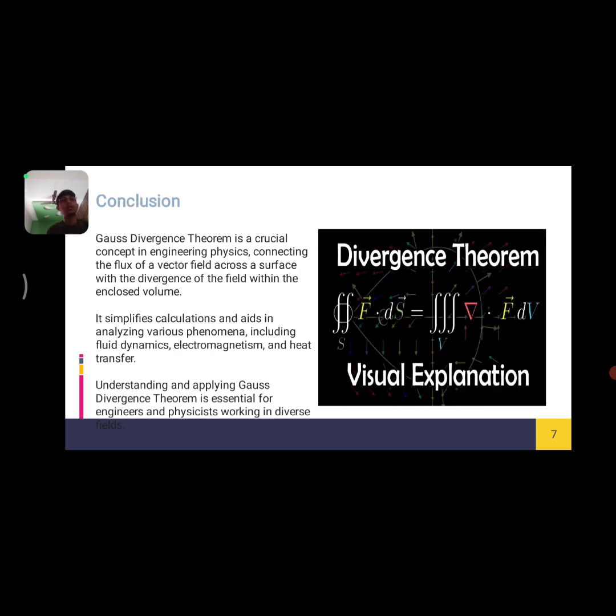Finally, conclusion. The Gauss divergence theorem is a critical concept in engineering physics, connecting the flux of a vector field across a surface with the divergence of the field within the enclosed volume. It simplifies calculations and aids in the analysis of various phenomena, including fluid dynamics, electromagnetism, and heat transfer. Understanding and applying the Gauss divergence theorem is essential for engineers and physicists